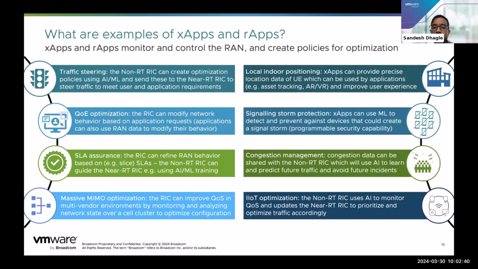There's congestion control, signaling storm protection, and IoT optimization. There are so many of these use cases now getting developed by a lot of third-party software startups, and I believe in the coming years, this is going to be one of the greatest innovation areas in the RAN space. We are already seeing a lot of new startups coming up, building these apps